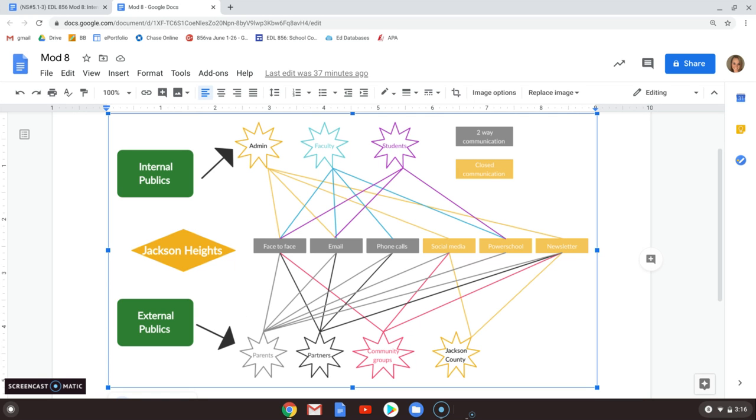So within this chart, you can see that there are so many connections to be made because of all these lines and all these connections from external publics and internal publics. It definitely supports the learning and success for students. Communication is key, and it always has been and always will be. If you can keep communication open